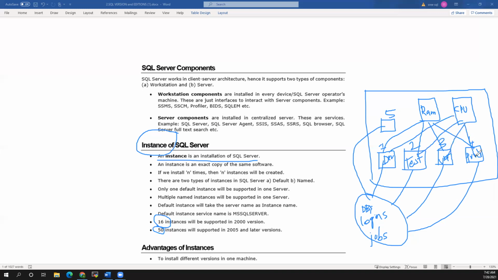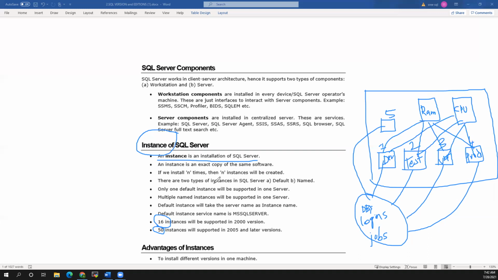If I add one more instance, RAM will be shared by one more instance and CPU will be shared by one more. That will put a lot of load on the servers. Generally people don't go with this model, but SQL Server gives this option. If you want, you can use it.